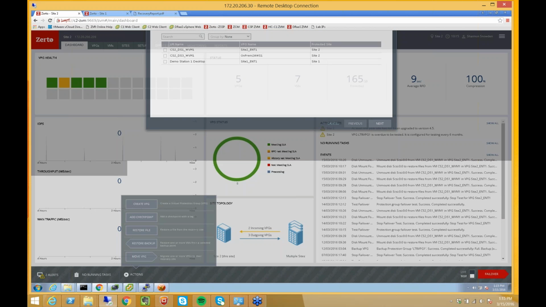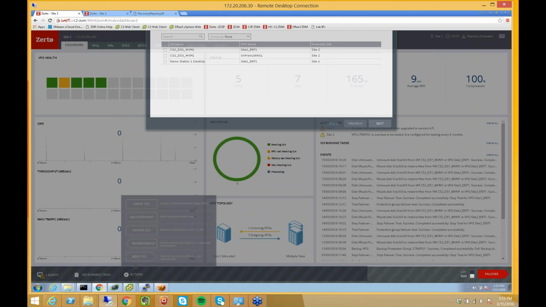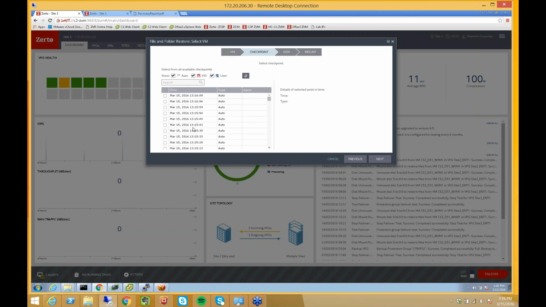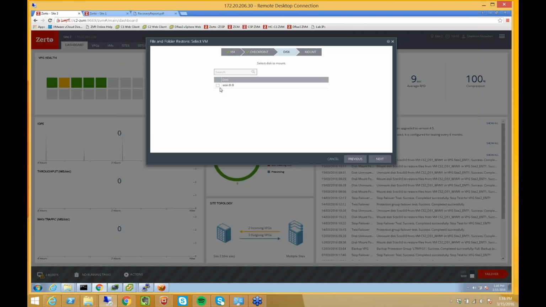It's very, very easy to work with, and you don't need to know intricate details of things, because you're not perhaps looking at a DR product all the time. So I'm just going to select a virtual machine in a virtual protection group that's protected, and I want to pull a file from it. And I can do this from any point in time in my journal, so I can just pick a point in time previous to this one, let's say we're avoiding corruption,